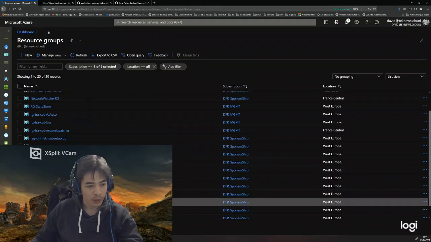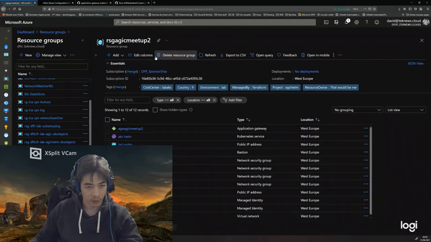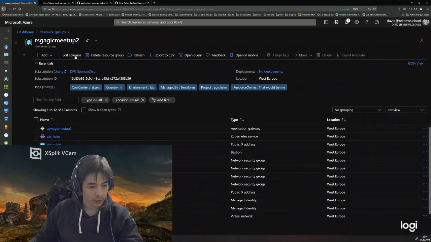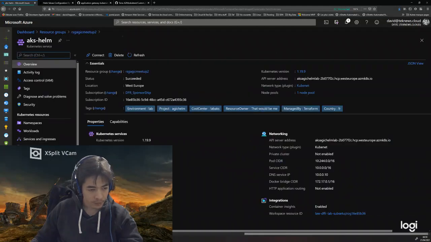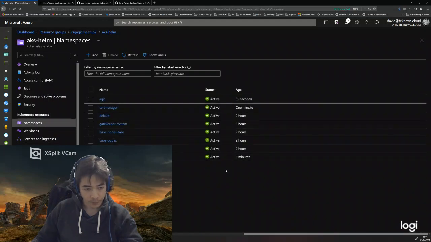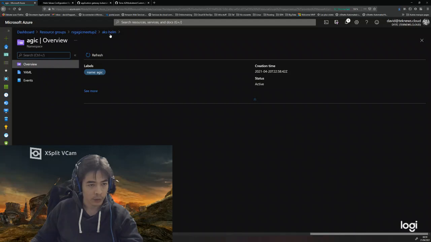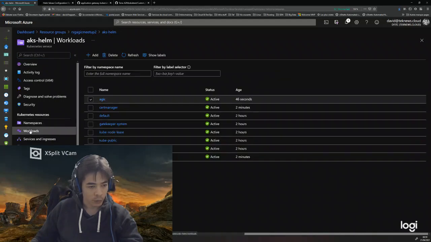If I'm going now in the second environment, let's reduce that and go over there. Here I should see, well, let's go into the namespace first. As you can see, I have a namespace called AGIC and it's only 35 seconds old. No, sorry, I should go in the workload then.